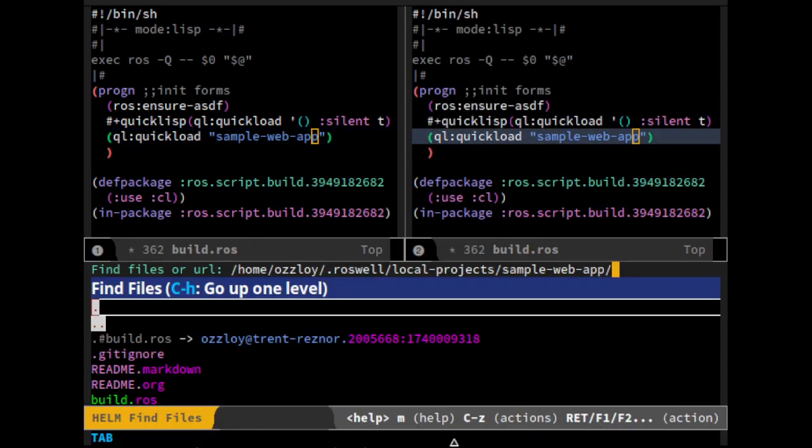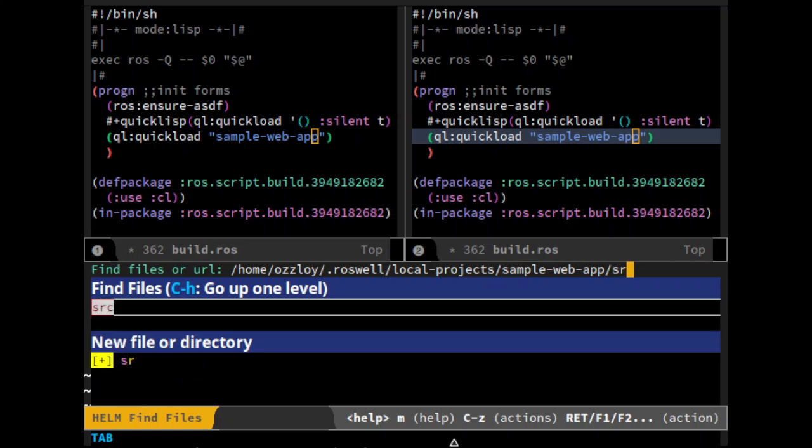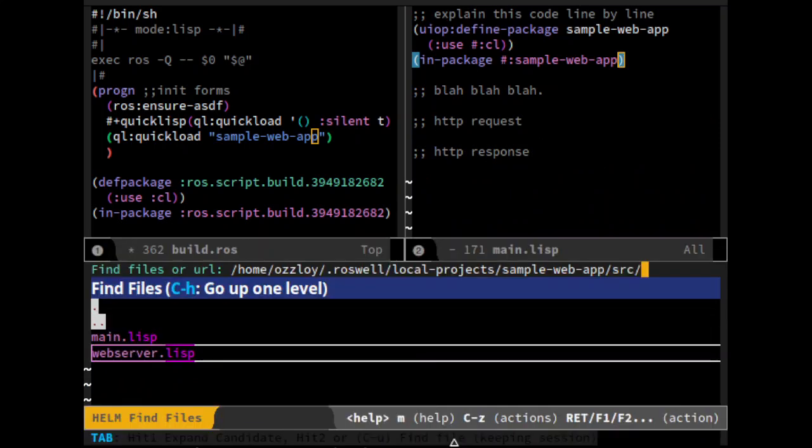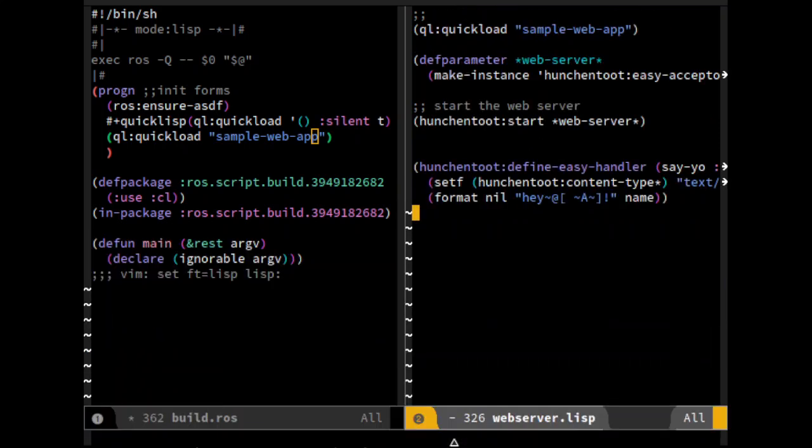Let's do this quickly. We need to go in the ASDF directory, and we're actually going to refactor this to be a proper project. One of the things we need to do for that is create an exported API that can be used by our build script. One way of doing this is in